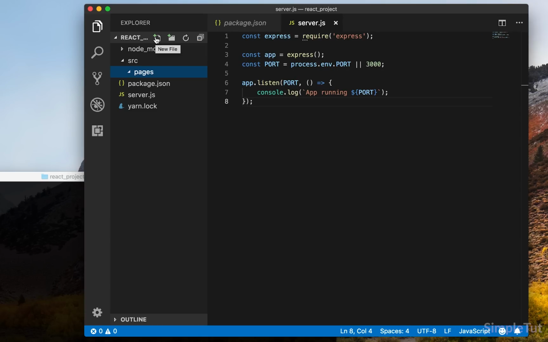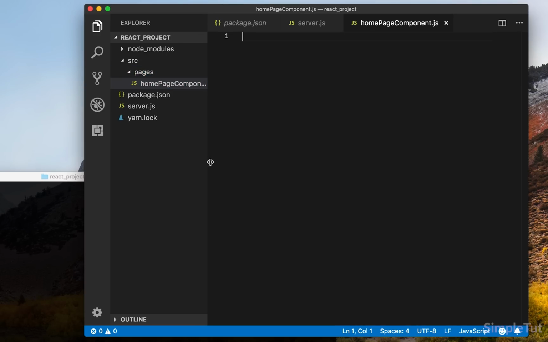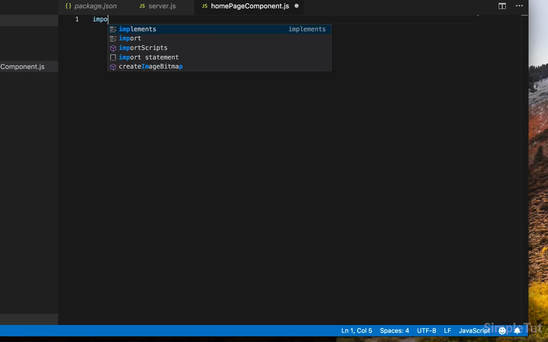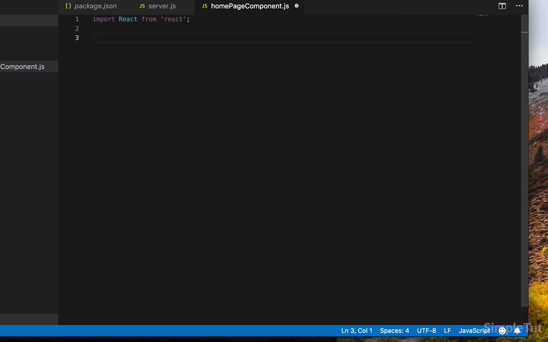So in the pages folder, I'm going to create a new file, and I'm going to call this my homepage component.js. So there you go. Okay, so I'm just going to expand this so it'll be a little bit easier to work with. And what we need to do is actually create our class. So we need to import React from react,